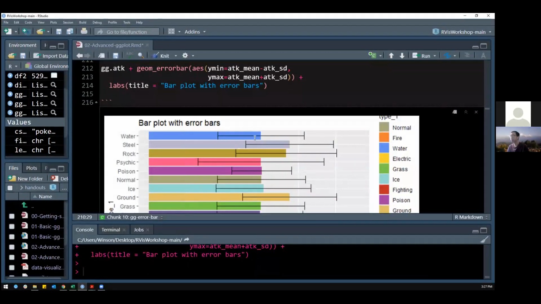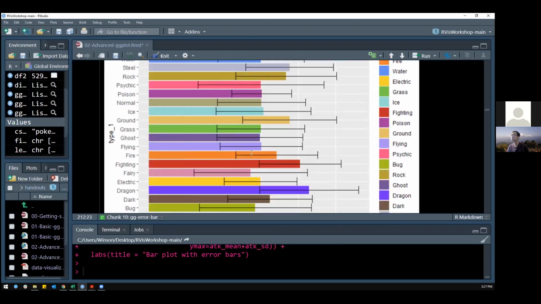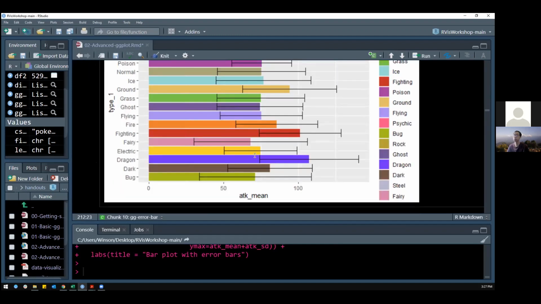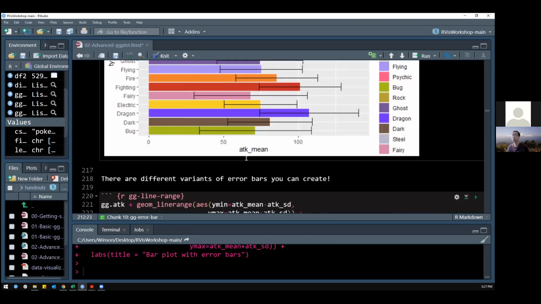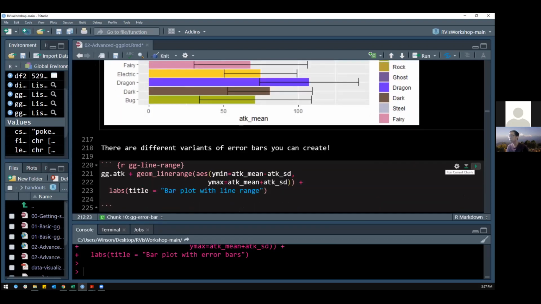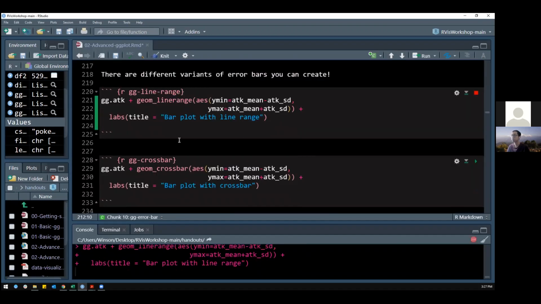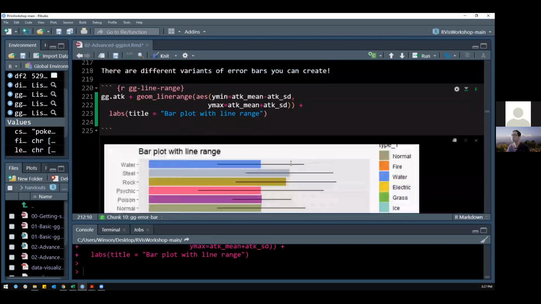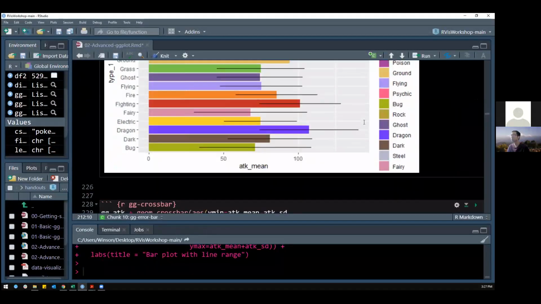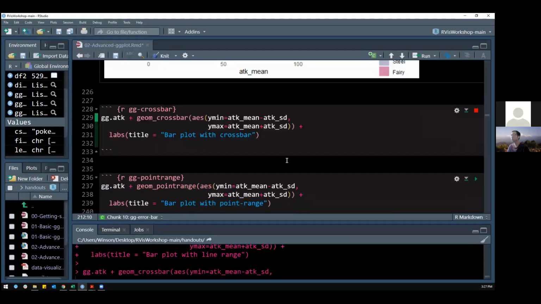So right now you can see that we've created a bar chart with the standard deviation or error bars over here. So that's how we create a plot with error bar. There are also lots of different variations of error bars you can create. Ones with just lines, no whiskers, so just lines. And also a crossbar, which